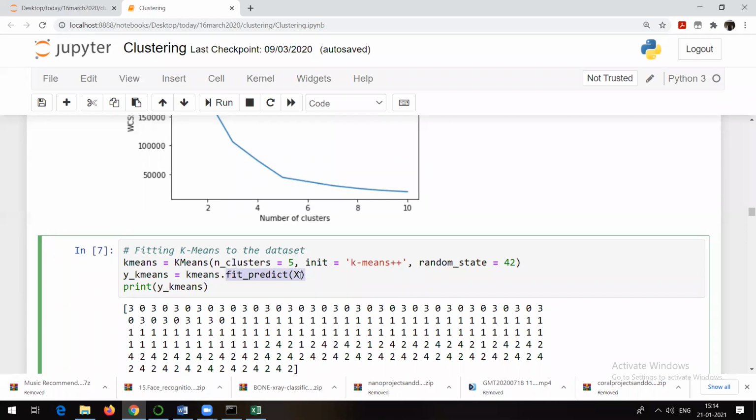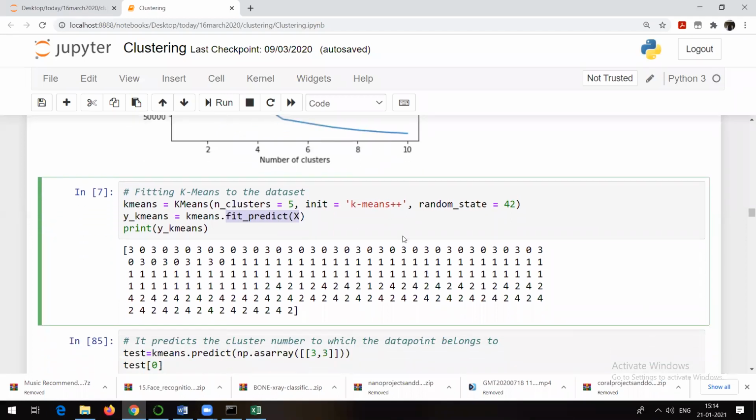So it is going to do what? This is nothing but the prediction, or clustering, according to our model. So see, what is the name of our model? kmeans. Right? So we said 5 clusters. What are we doing here? kmeans.fit_predict for X. In X, how many records are there? 200 records. So whatever kmeans we got, with the help of that we are just trying to see in which cluster the first record is, in which cluster the second record is, and so on.